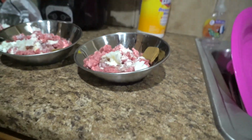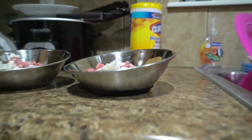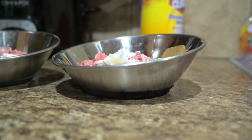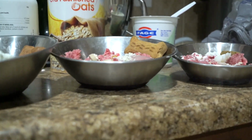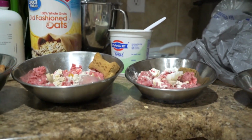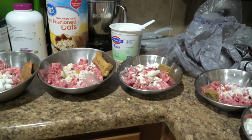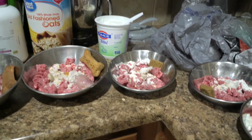And this is one of those tilt bowls that's supposed to make it easier for them to eat. This size is the medium bowl, and then for the big dogs it's the large. I don't know if you can, yeah, you can tell the difference. For these bowls, you can get them online at chewy.com, Bed Bath & Beyond,